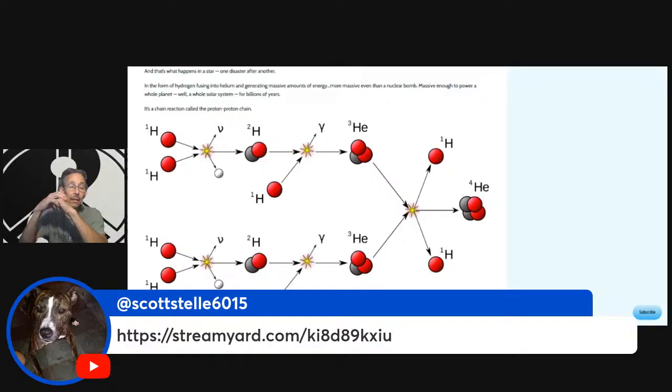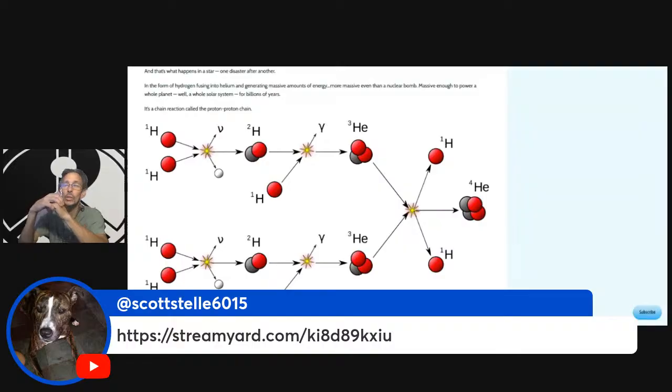Block theory, B theory, the block universe, I'm calling it B theology, claims that every single particle exists everywhere all the time, past, present, and future. But unfortunately, the proton-proton chain reaction refutes that, falsifies that. It verifies everything is explained by A theory. It verifies that everything is the now, t equals 0 moment.